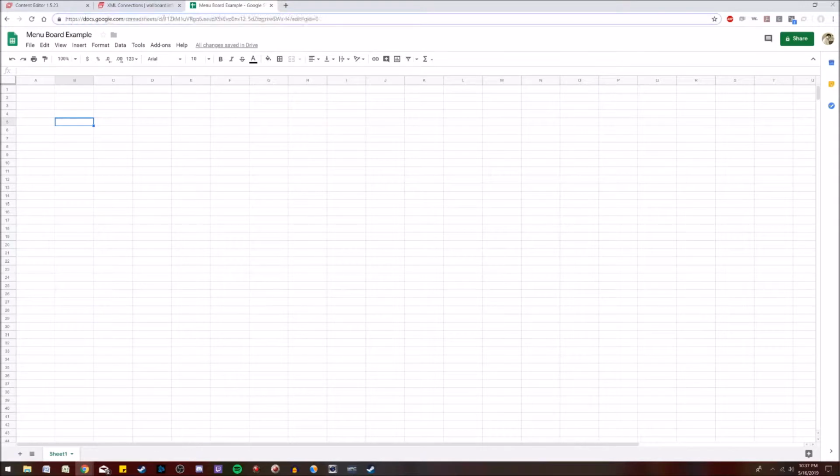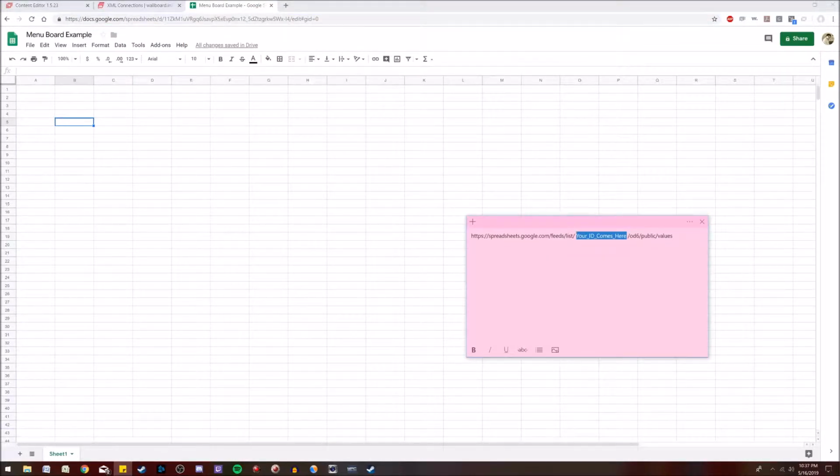What we're going to do is actually grab the unique ID identified with our Google spreadsheet, and we're going to make sure we highlight the section after the /d and right before the /edit. And we're going to go ahead and copy that, and we're going to go back into our notepad where we had the URL saved earlier, and the highlighted section that says your ID here will now be replaced with that unique ID tag we just copied. Once that's been replaced, we can now highlight this entirely new URL and copy it,